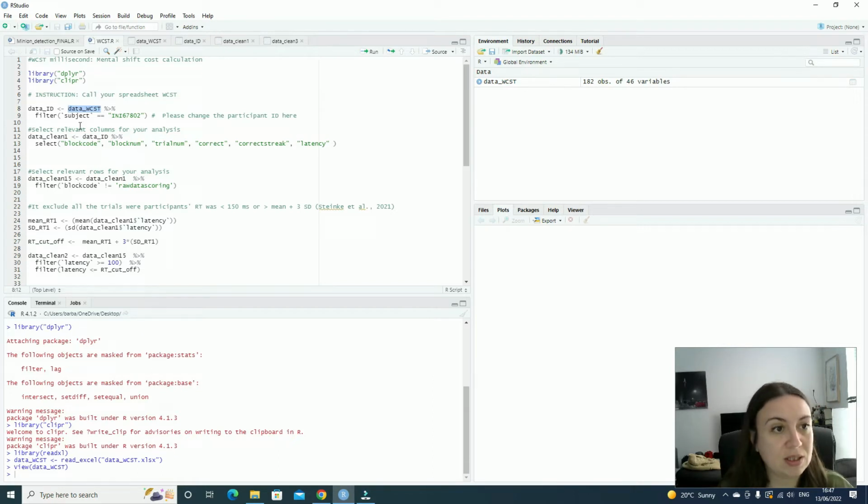The first thing I'm going to do is select the data for one participant. This participant in this case is myself, and my ID was ANA 67802. However, anytime you want to load the data about a new participant, you have to change this text here. You have to leave the brackets there, not change anything else, just change the letters and the alphanumeric code